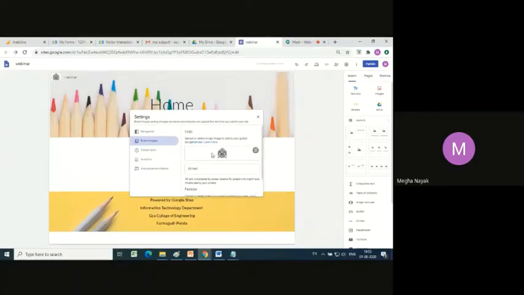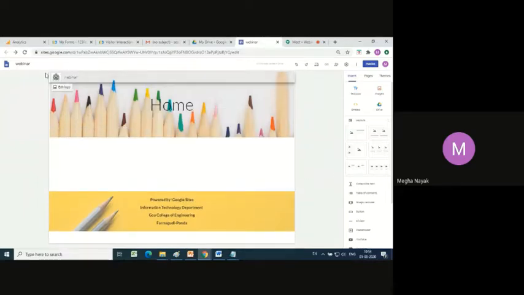Okay, and now I put an alternate text. I say Goa Engineering College. Now this alternate text is a text which someone could see if your website is not readable or not viewable or something like that. So you may put it or you may just avoid it. So this is what I have done for now for putting up a logo. And you see the logo shows up over here.